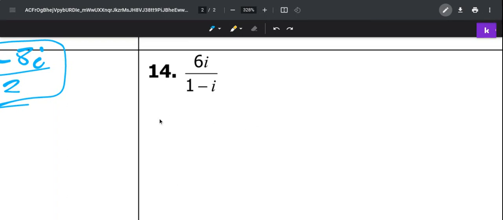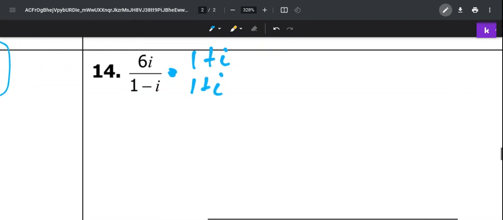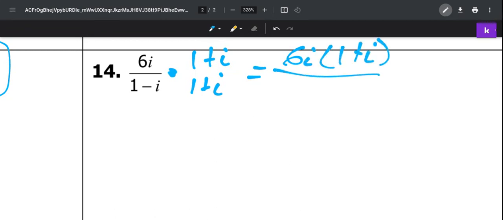The complex conjugate basically means this. Multiply by whatever this is, but change the sign. So whatever sign's in the middle, just change it. So now we would multiply by 1 plus i and 1 plus i. All right? So then we get 6i times 1 plus i over, now you'll notice here, we actually have to